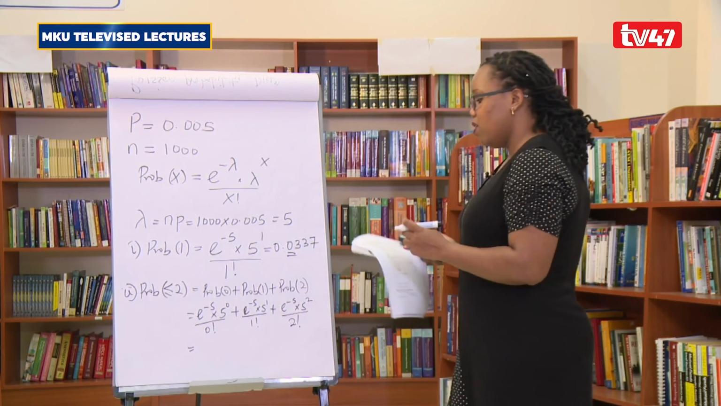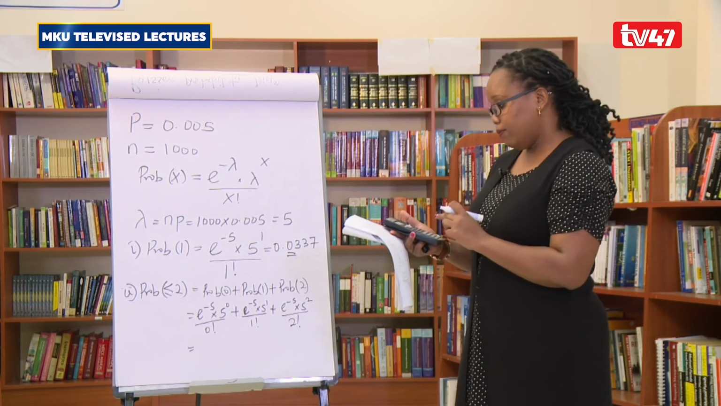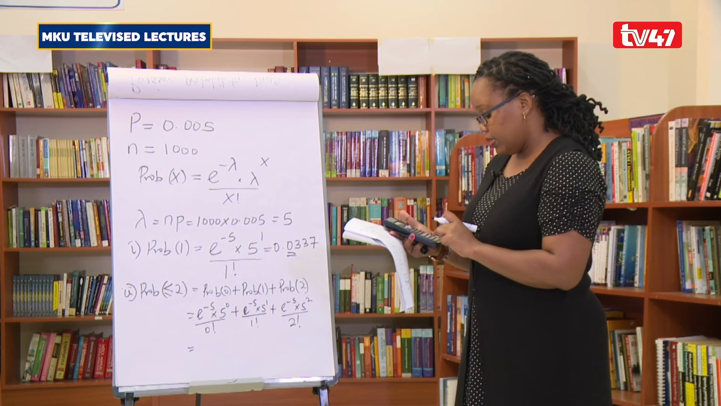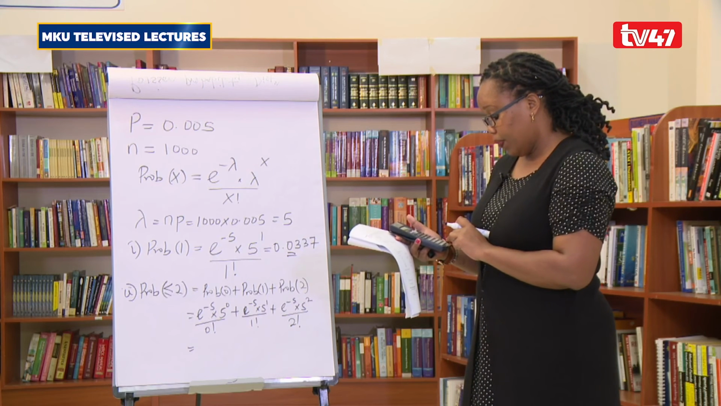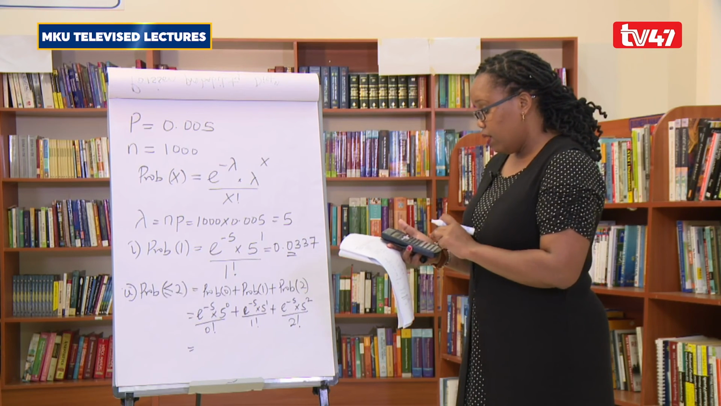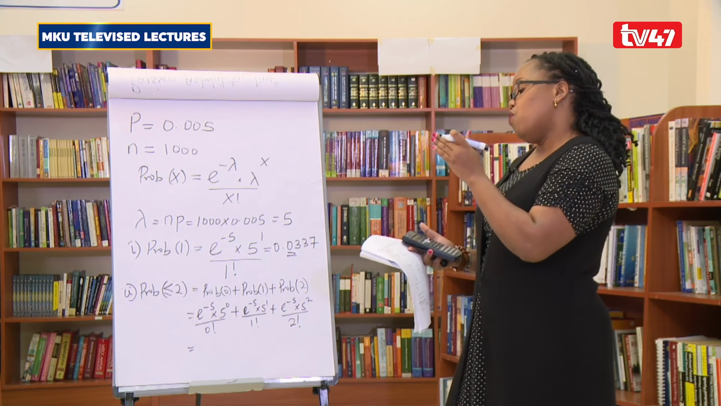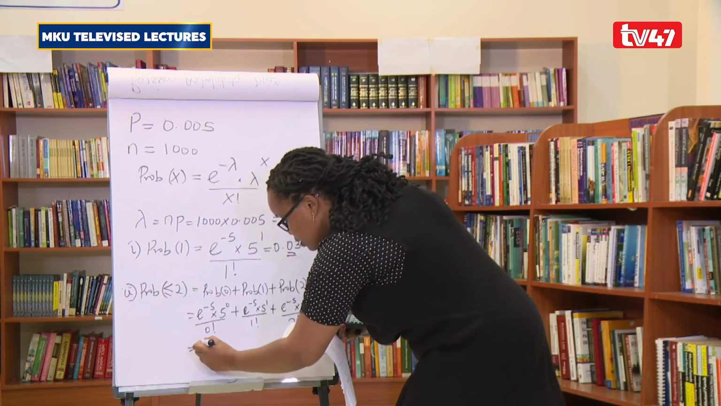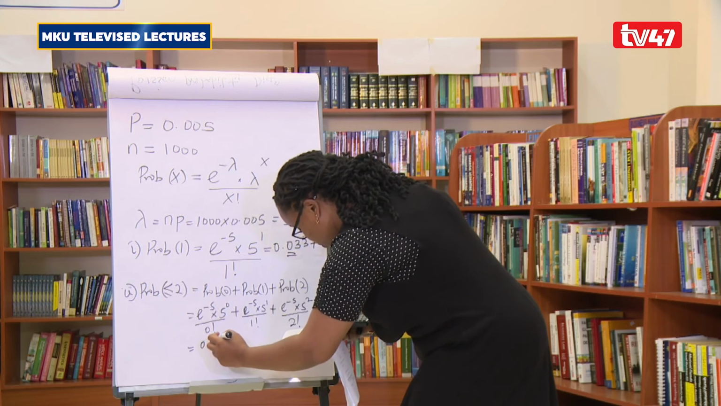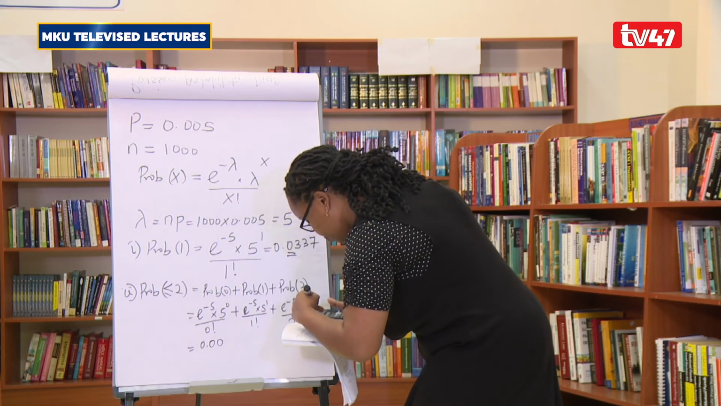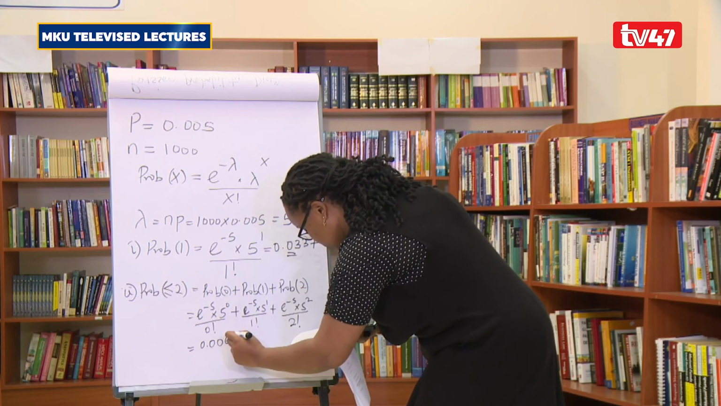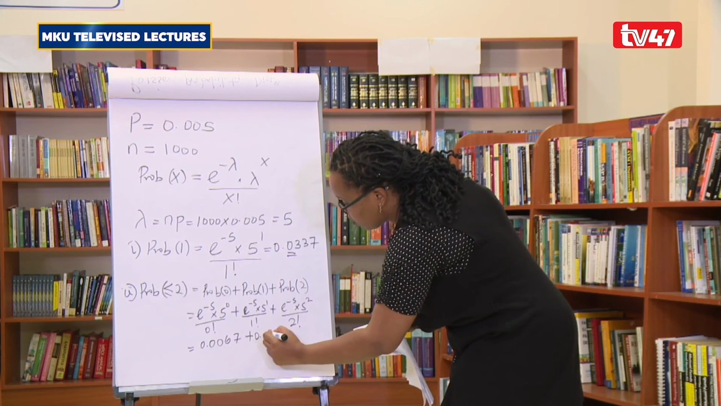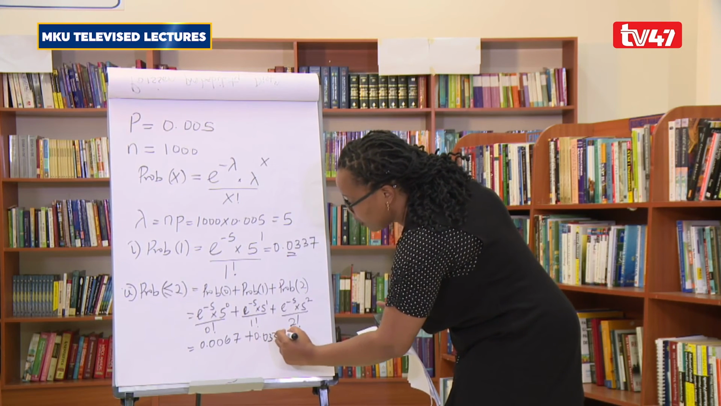What does this give us? We already have it for 1. So let's see what the others give us. Exponent negative 5, multiplied by anything raised to power 0 is just 1, okay. So this gives us 0.0067 plus, we already have calculated the 1 for 1, 0.0337 plus,